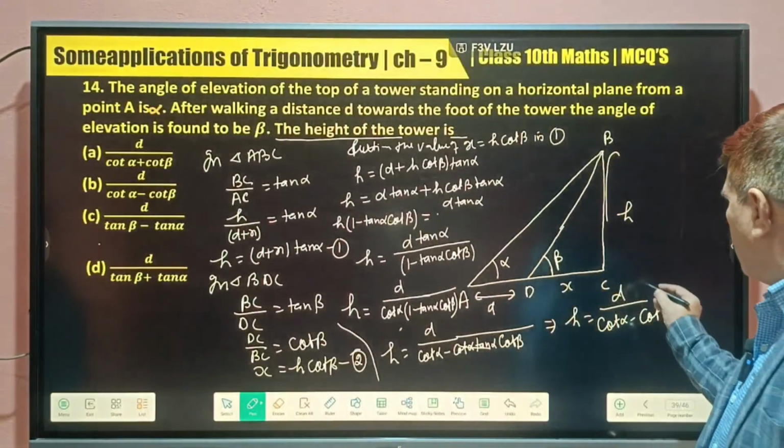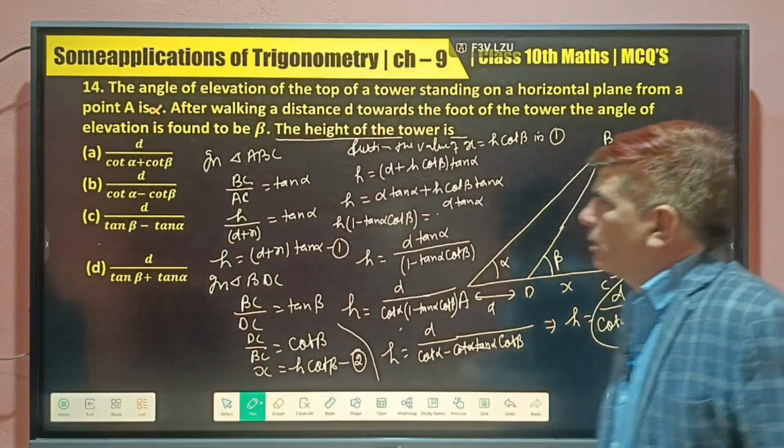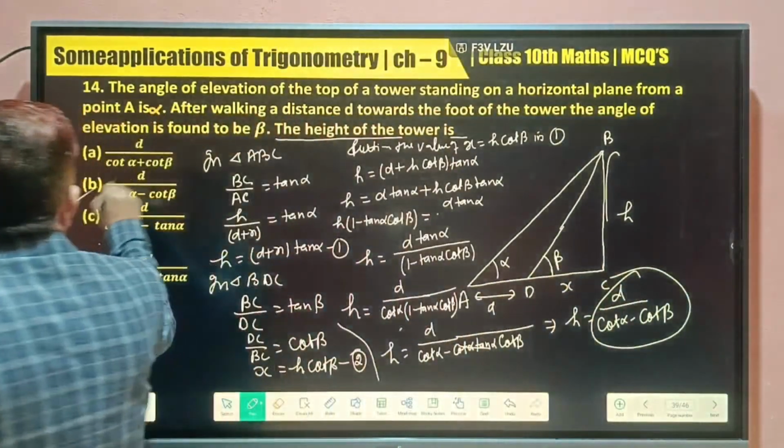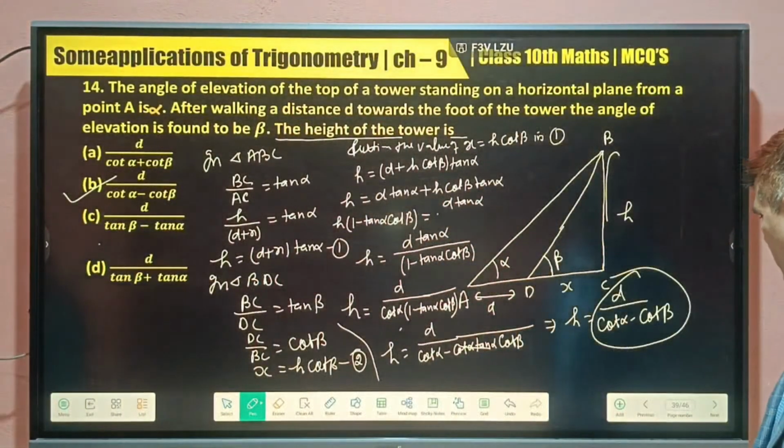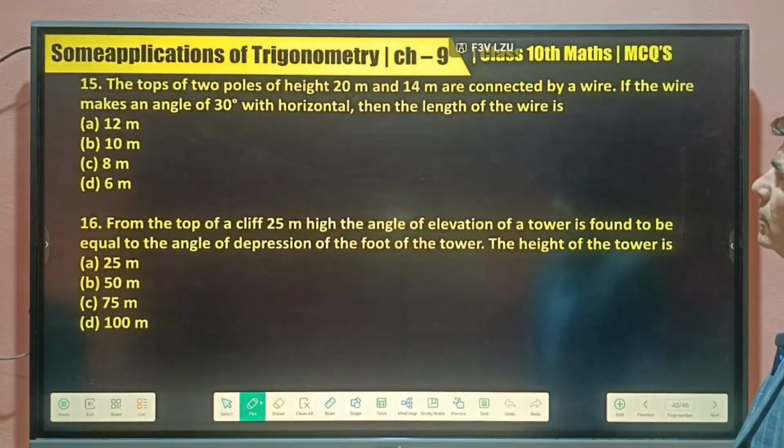But we have to find out according to the answer. So which one is its answer? B is its answer. So this type of question given, you have to find out. Next,